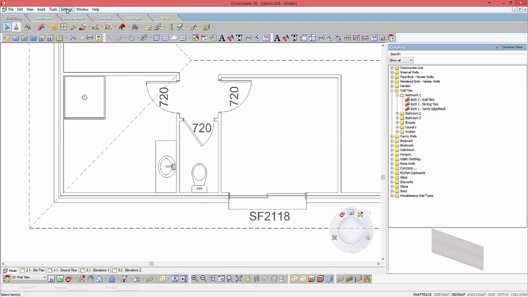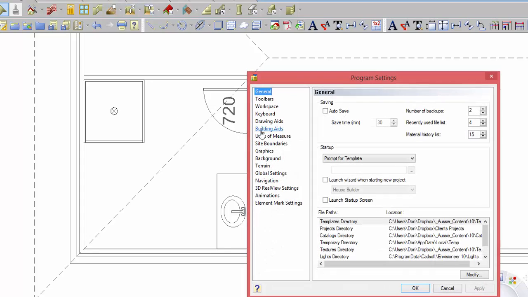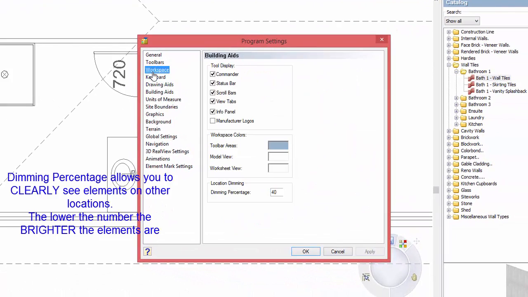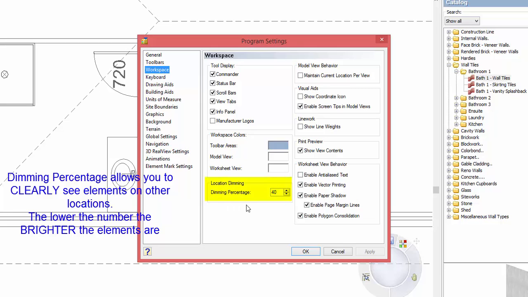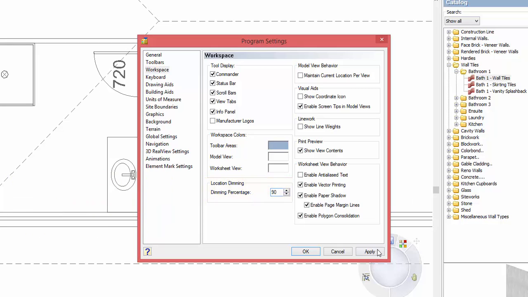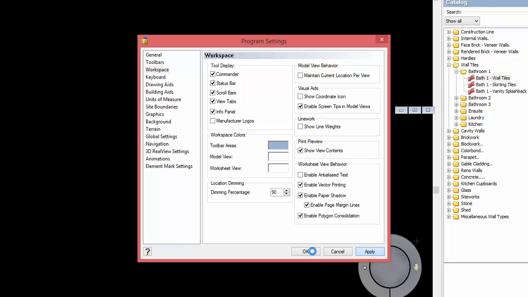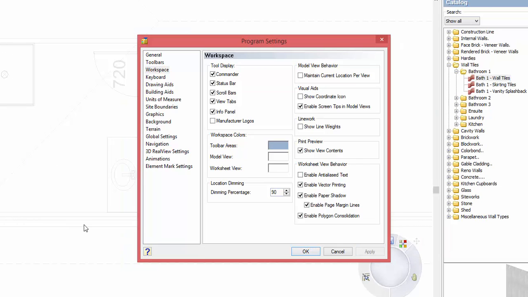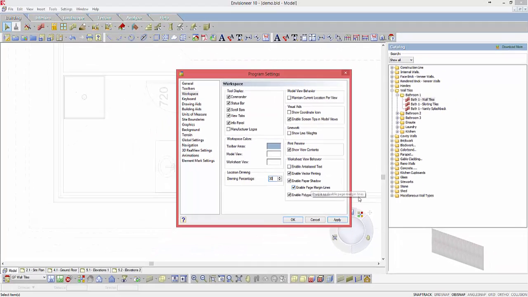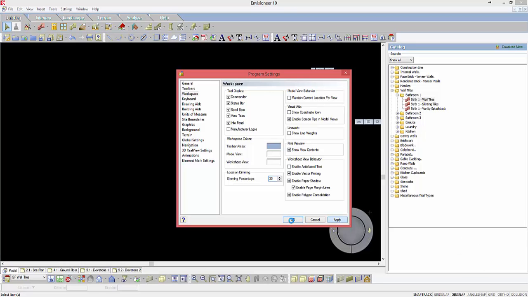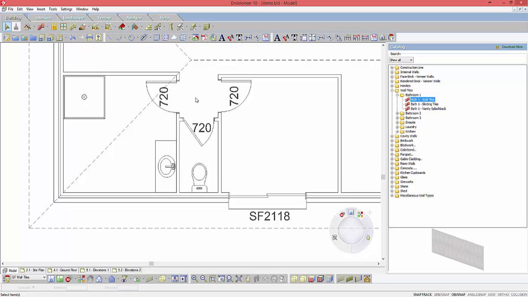You will also notice that the ground floor walls grayed out some. Under your program settings, under workspace, you will find this called location dimming. Yours may be set to about 90. Now if I change it back to 90, you'll see in the background once I apply it you can hardly see the walls. I tend to set mine to 40, but I might go a little bit less for this lesson just so that we can see the ground floor walls. So now that I can see the ground floor walls, I can happily go in and select that I want to do the wall tiling. So if I say, okay, I want wall tiles and I want 1800 all the way around,